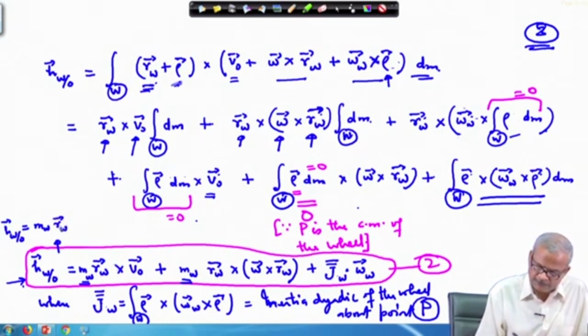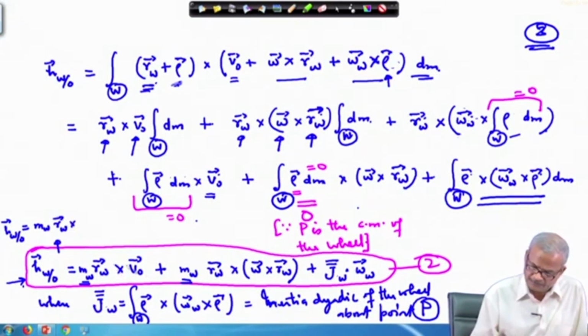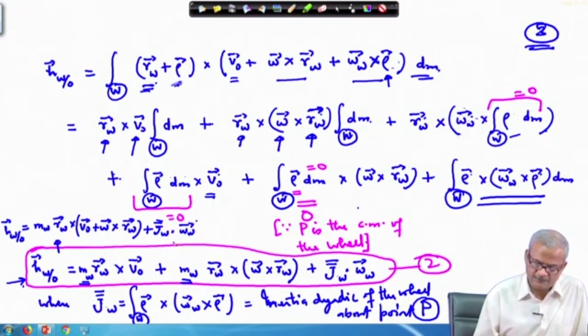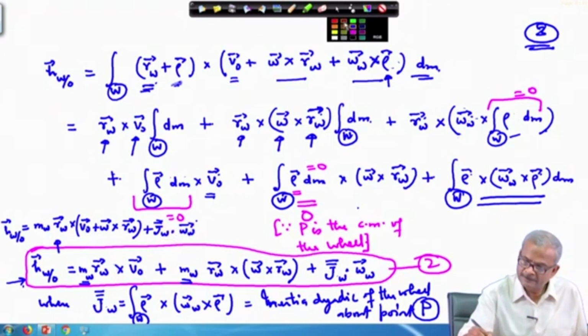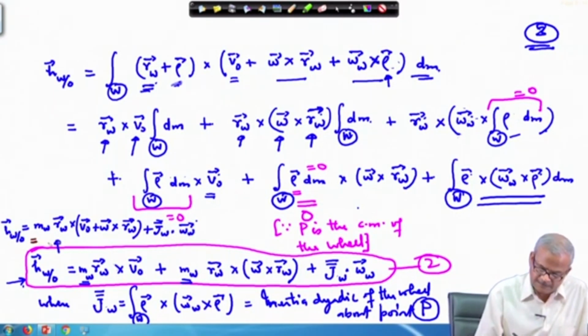So, r_W goes outside and cross V_0 plus omega cross r_W plus J double bar_W times omega_W, okay, which we can rewrite as